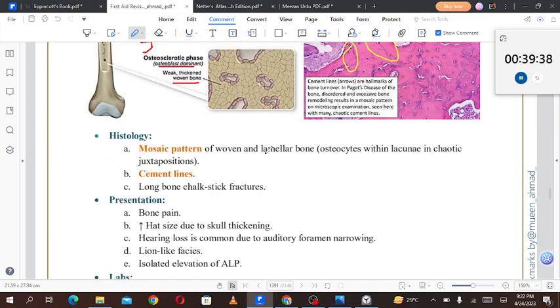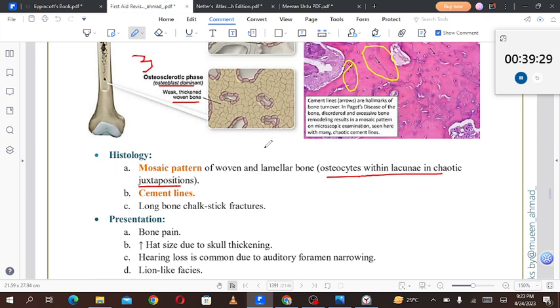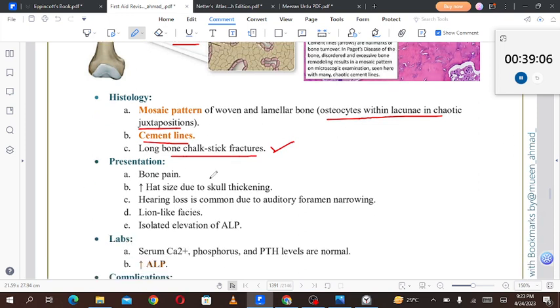So histology shows a mosaic pattern of woven and lamellar bone, with osteocytes within the lacunae in chaotic juxtaposition. What is a mosaic pattern? It is a pattern in which we have woven and lamellar bone with osteocytes within the lacunae in chaotic juxtaposition. There will be cement lines, and along with that, chalk stick fractures of the long bones. Presentation: bone pain,